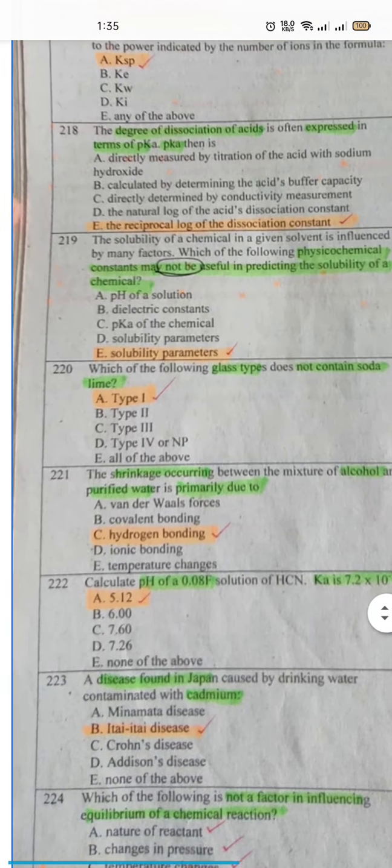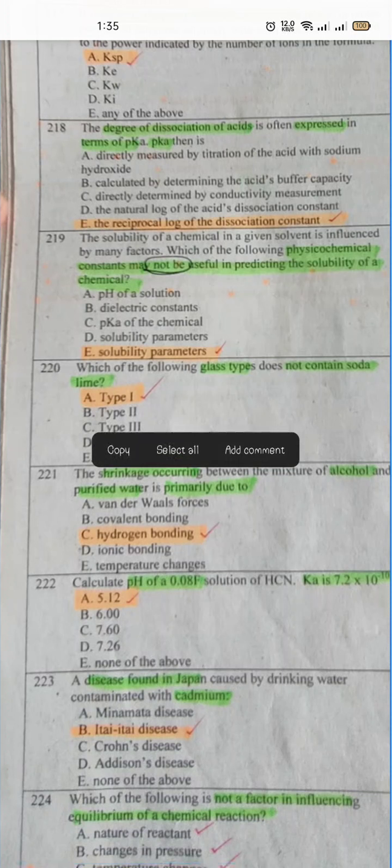So let's proceed with 219. The solubility of a chemical in a given solvent is influenced by many factors. Which of the following physico-chemical constants may not be useful in predicting the solubility of a chemical? This is your solubility parameters. So your pH, your pH of a solution, your dielectric constants, your pKa of the chemical,